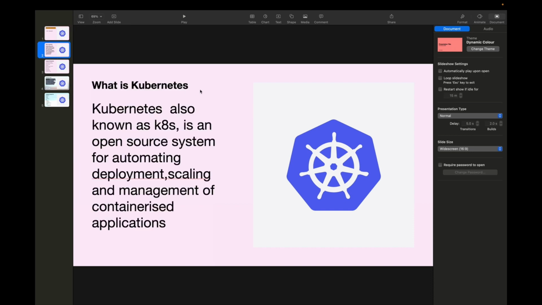So Kubernetes is also known as K8s. It's an open source system for automation of deployment, scaling and management of containerized application. So what does it mean, containerized application? So if you have used Docker, we can containerize our application using a Docker image. Let's say there is a React application or a Spring Boot application, so I can write a Dockerfile and I can containerize my application and I can deploy it in Kubernetes, and